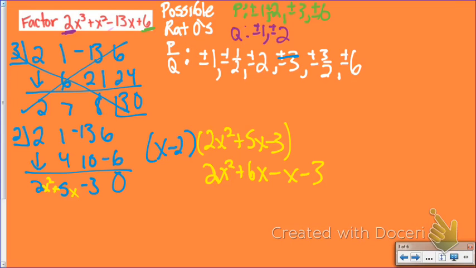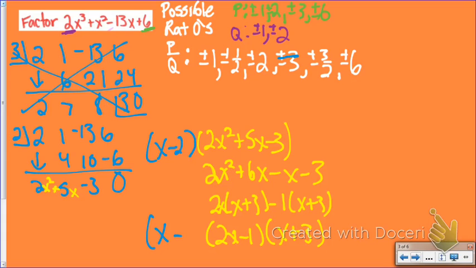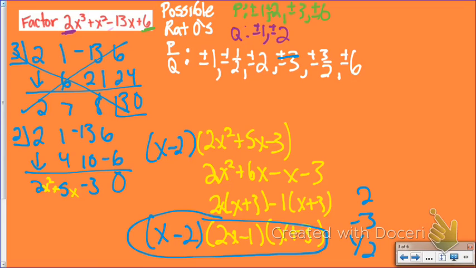And now I can factor by grouping. So I take out my 2x, take out my minus 1. And this yellow part is going to factor into 2x minus 1 and x plus 3. And I still have that original, which is x minus 2. So that's how this whole thing factors out. So that also means even if I didn't pick 2, it saves you a little bit, because I know that synthetic division also would have worked with negative 3, and it also would have worked with a positive 1/2. So my 3 rational zeros are 2, negative 3, and 1/2. So this is how we use that rational zero theorem to factor questions we haven't done before. So it is a little bit of a long process, but